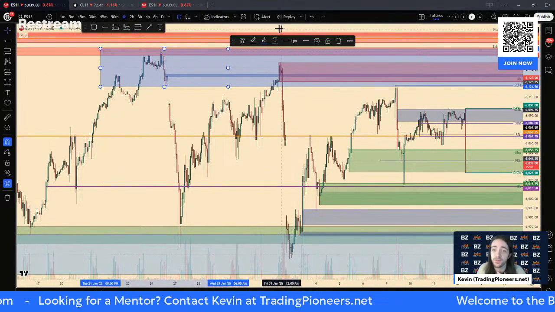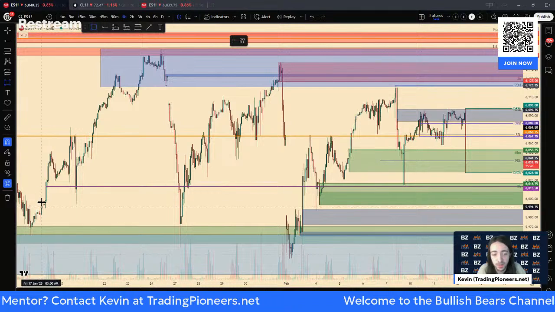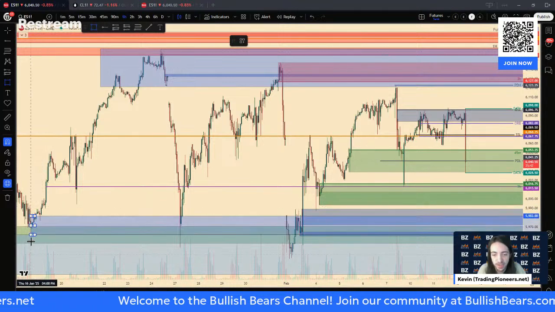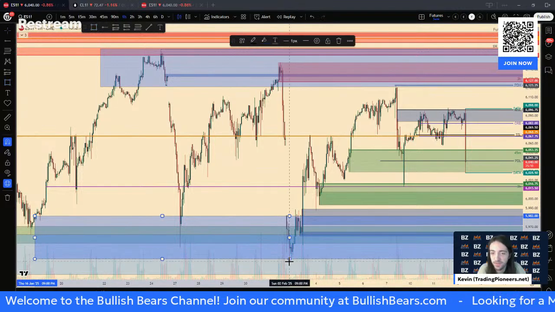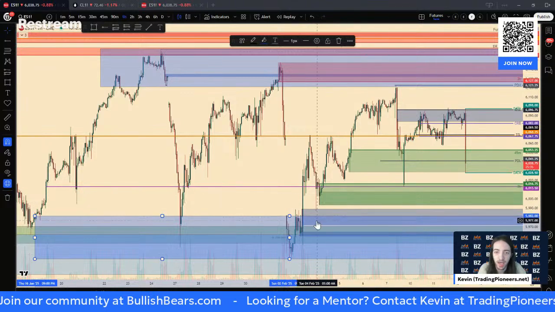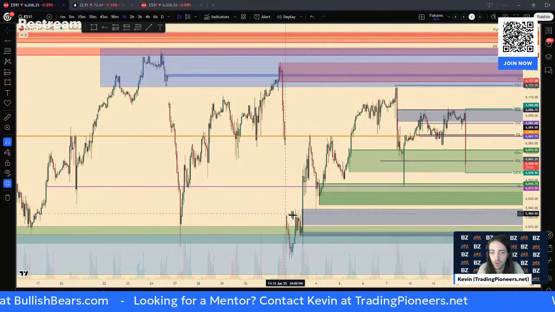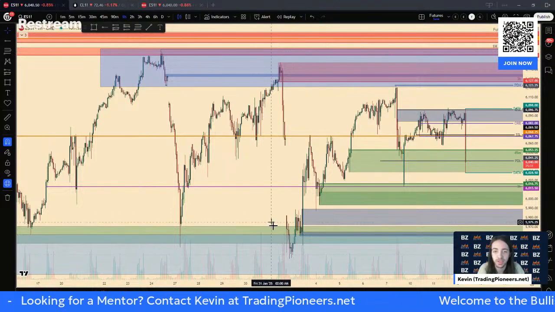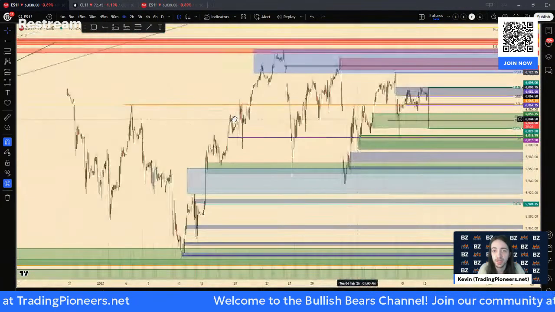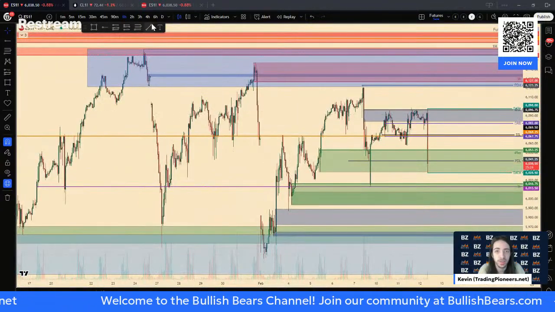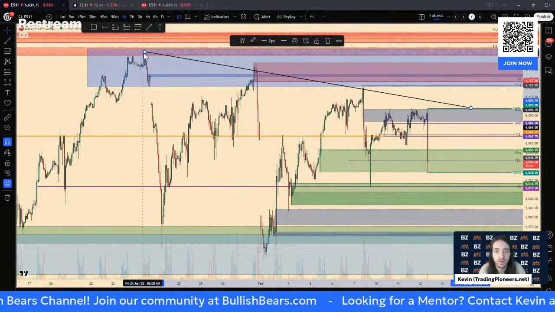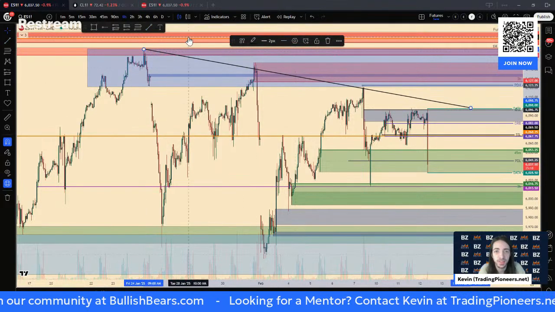So this is the top of our range on the higher time frame, and the bottom of our range on the lower time frame, unfortunately, is a little large, right? So at first it looks like this is the bottom of our range, but we haven't tested the bottom of our range in quite some time. Now the question is, do we want to hold these lows right here and continue making higher lows to continue this uptrend? Now, it might not look like an uptrend here because we've been making some lower highs. However, this is the hourly time frame.